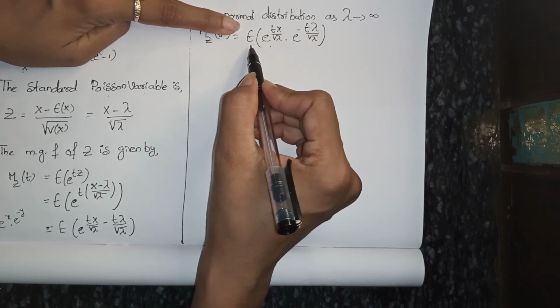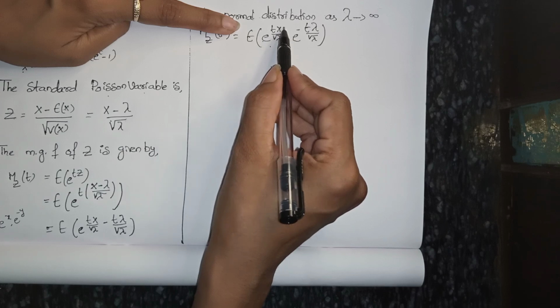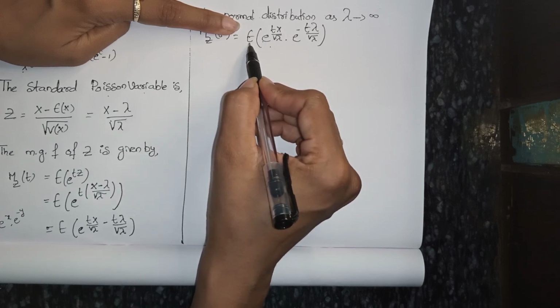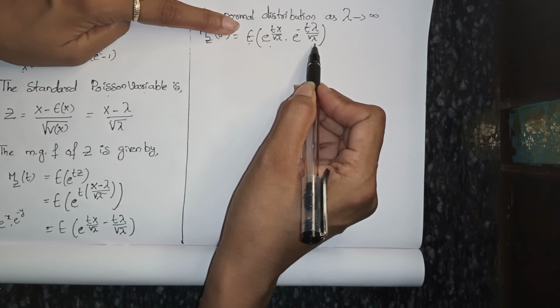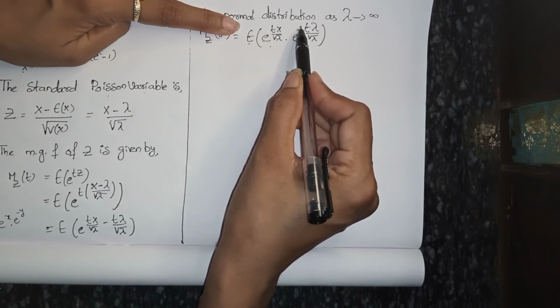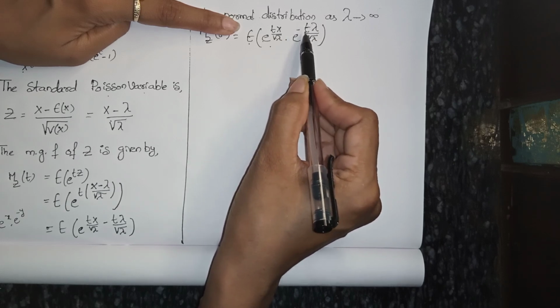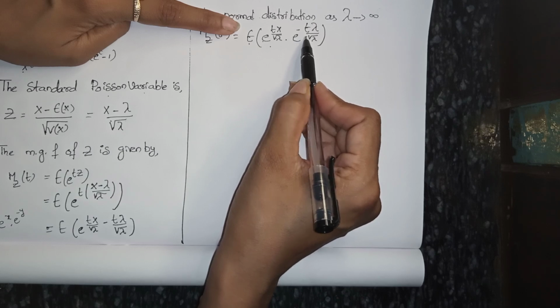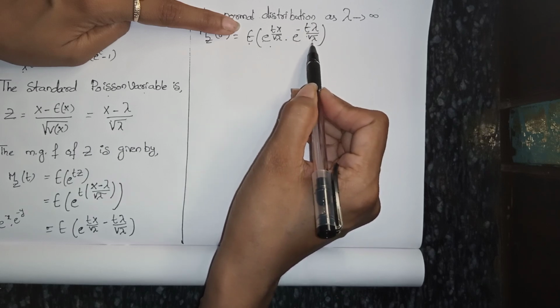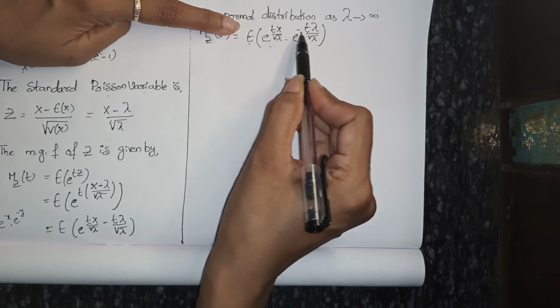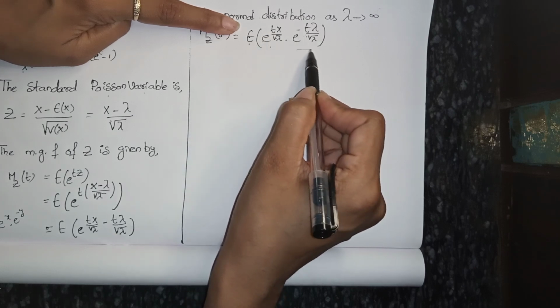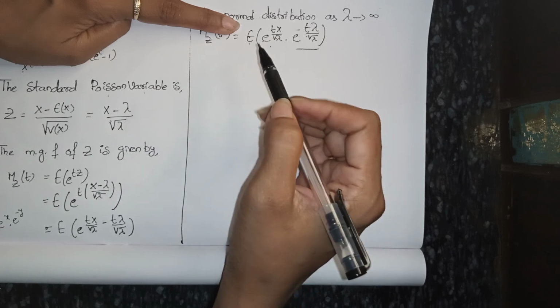But we all know that whenever there are variables, we have to take expectations, otherwise we should not. So if we see here, we are not having any variables. That means x, y variables we are not having, only this term. So that's why we are going to take this term as a constant.